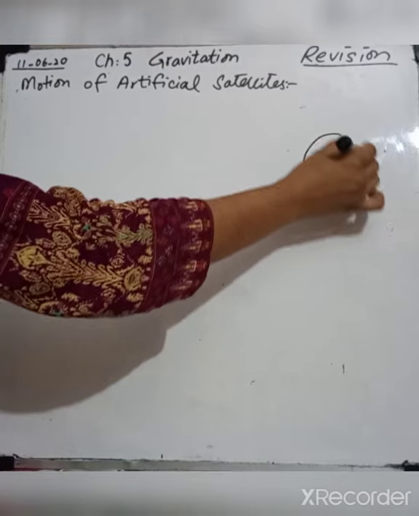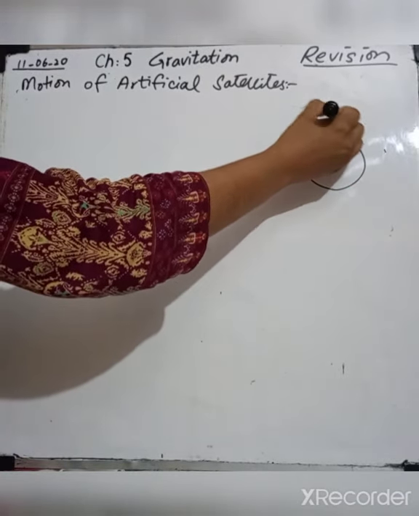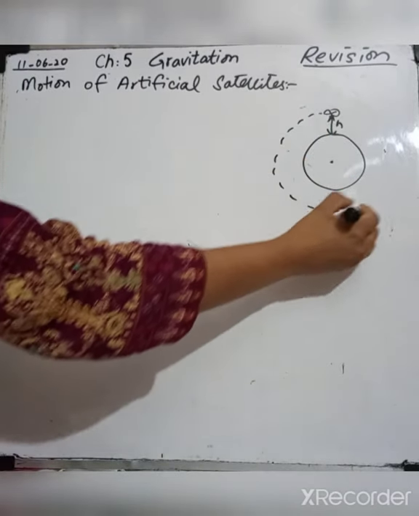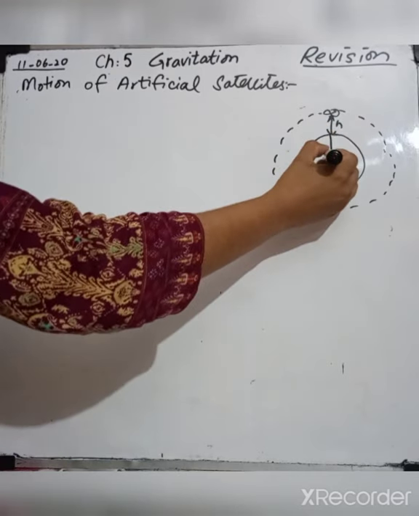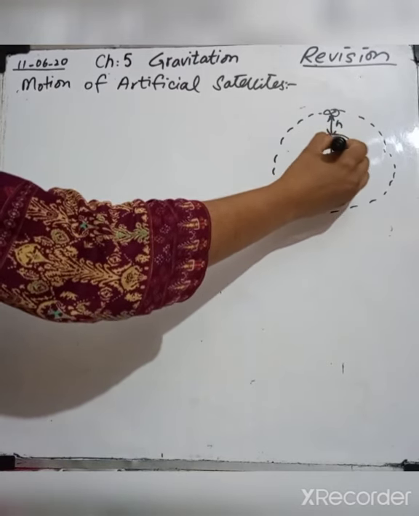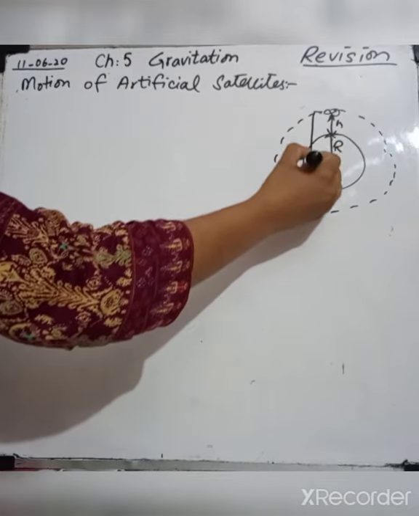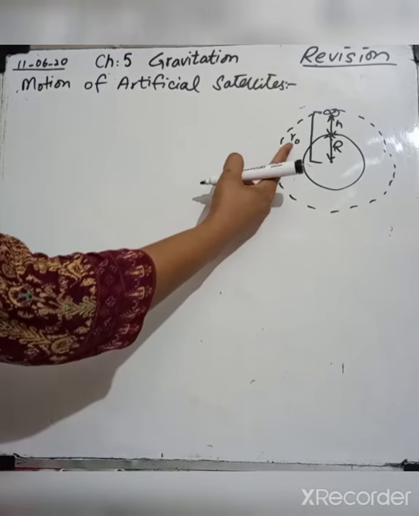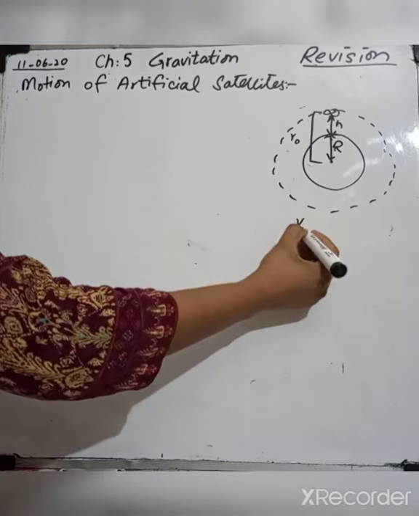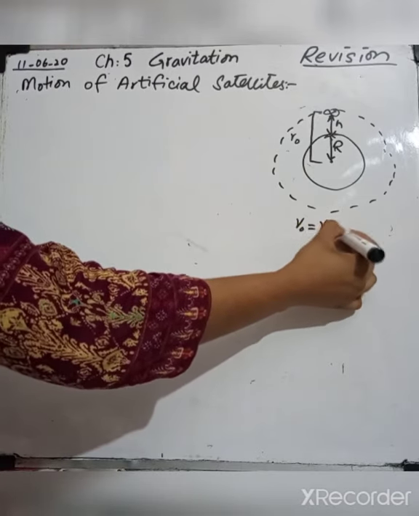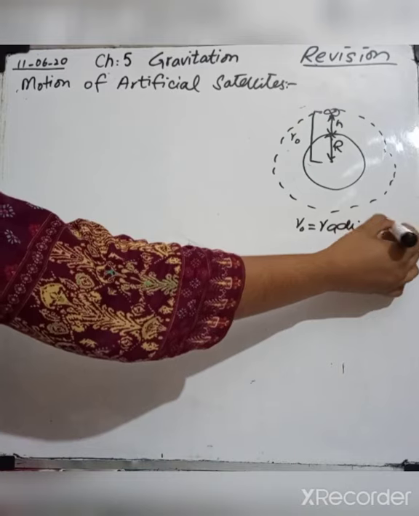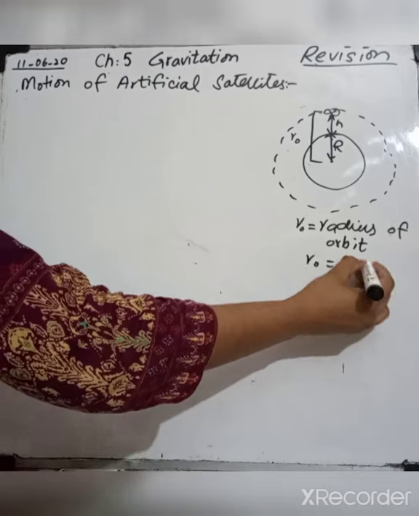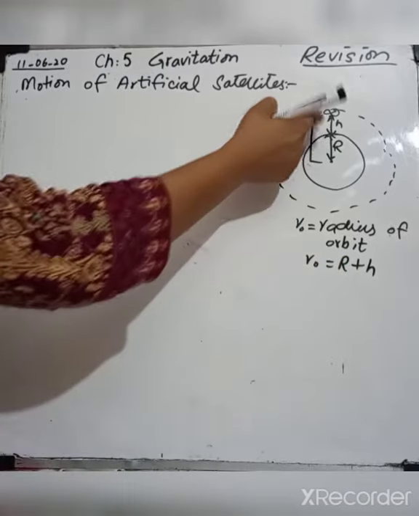Let's take a satellite revolving around the earth at a certain height h. This is the radius of earth mentioned here. The distance between this satellite and the center of earth is represented by r0, where r0 is the radius of the orbit in which the satellite is revolving. Radius of orbit is equal to r plus h, radius of earth plus the height at which the